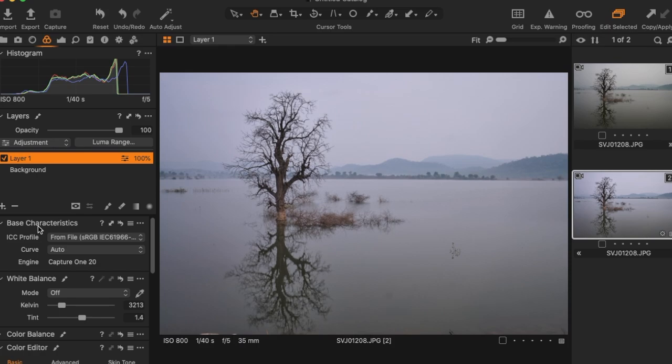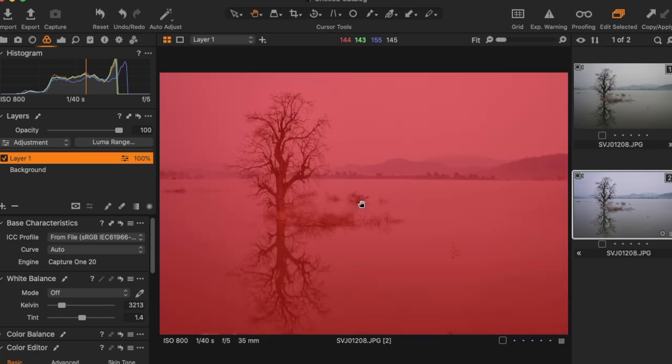What that essentially does is create a layer on top of our original image. The shortcut to check this is M. Now as you see, when we press M, the entire photo has been covered with a mask. But we do not want that. We want to apply local masking, so a local area adjustment.